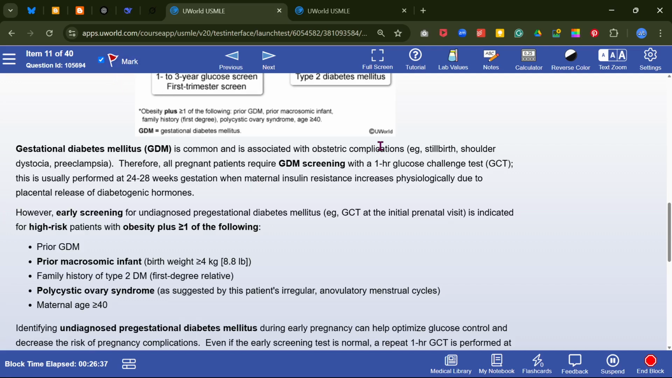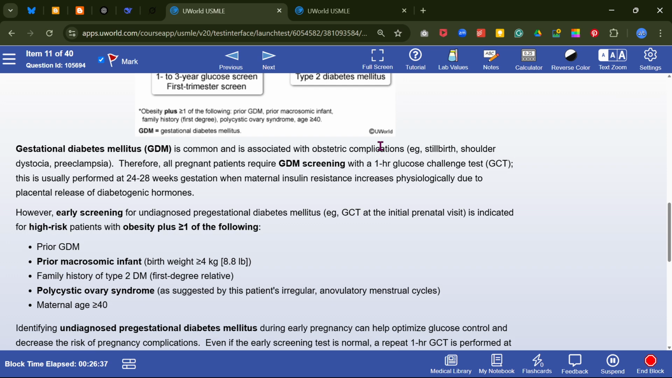Gestational diabetes mellitus is common and associated with obstetric complications: stillbirth, shoulder dystocia, preeclampsia. Therefore, all pregnant patients require GDM screening with a 1 hour glucose challenge test that is usually performed at 24 to 28 weeks of gestation, when maternal insulin resistance increases physiologically due to placental release of diabetogenic hormone. However,